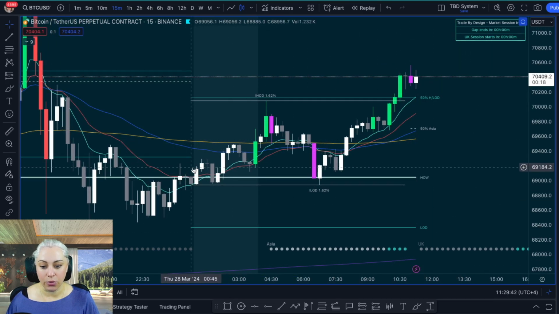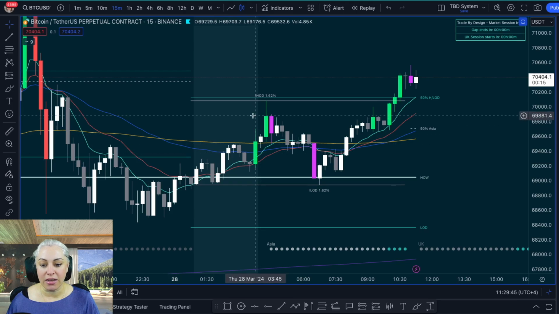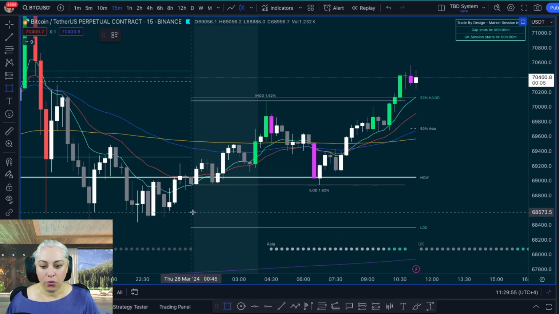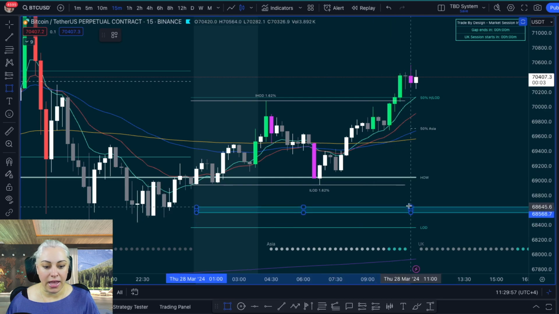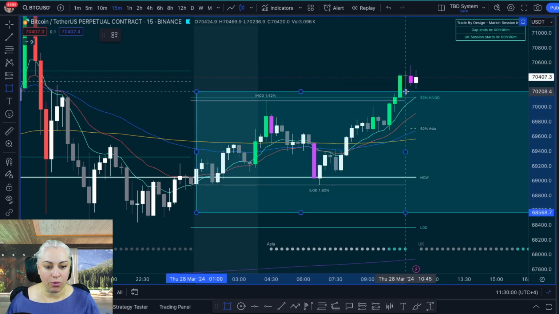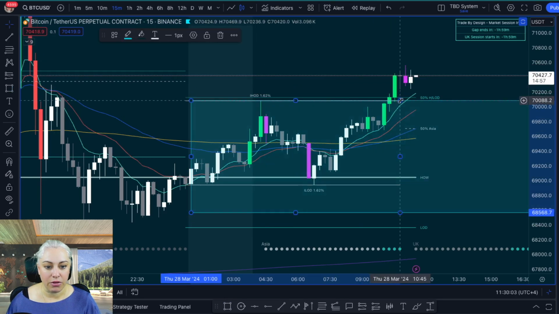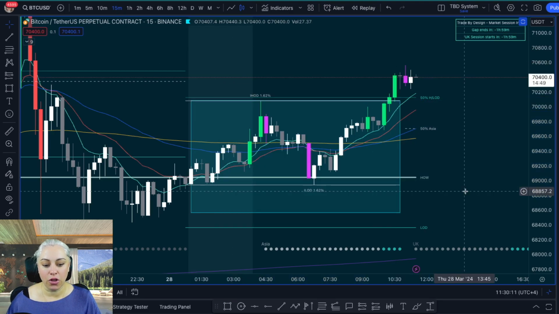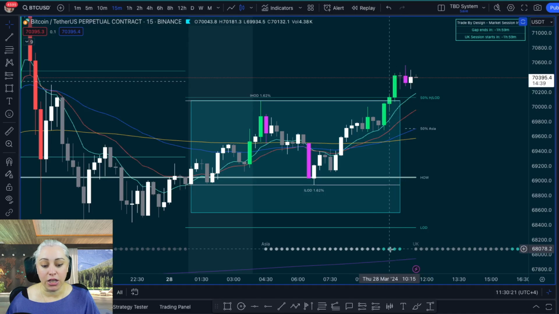So to show you again what that looks like, this here, the shaded area is the dead gap zone, and then this here is Asia up until this last turquoise dot. So when we're looking for the initial high and low of the day, we're only taking into account the price action up to this period of time. One other thing that you need to know about this is that Asia issues an extension usually at around 2 a.m. New York. So this is why on this indicator here, which is another TTC custom designed indicator, but